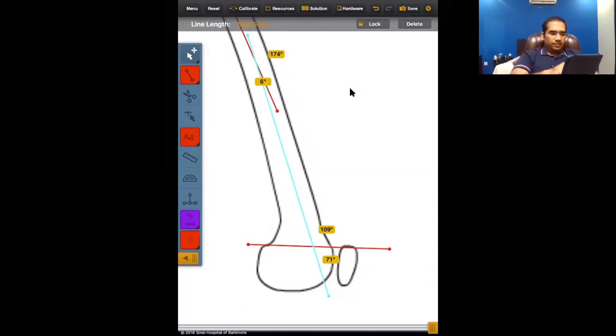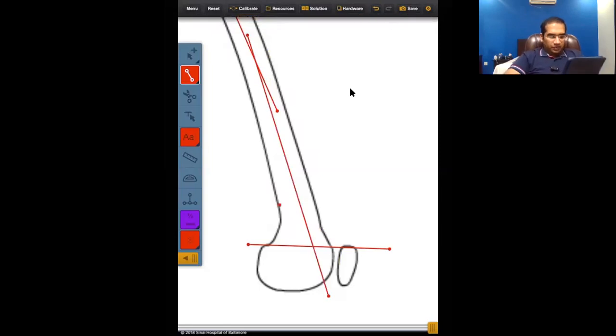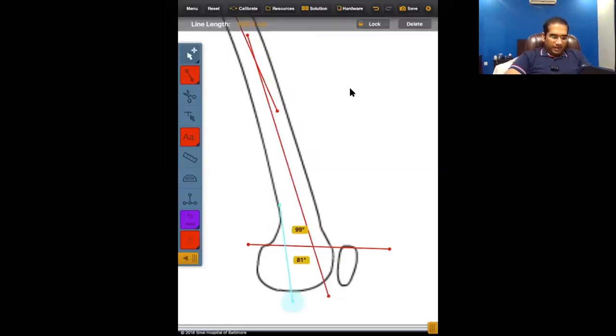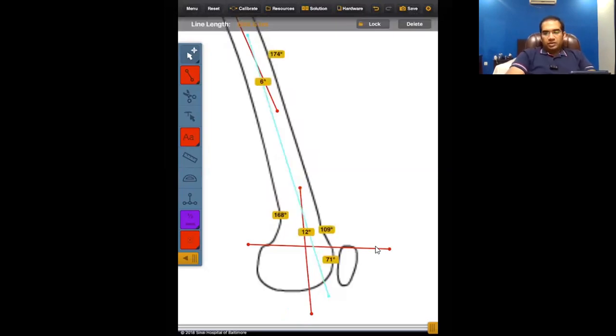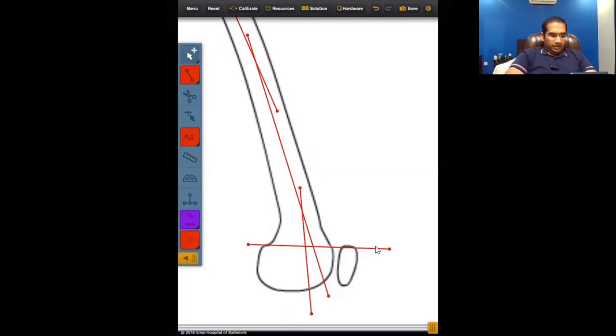For the location, I will first draw a reference angle at the normal 83 degrees. And the location is where the anterior 1/3 and the posterior 2/3 of this line meet. This gives us the location of the deformity and the magnitude. So again, I will be correcting it by simply doing an osteotomy.